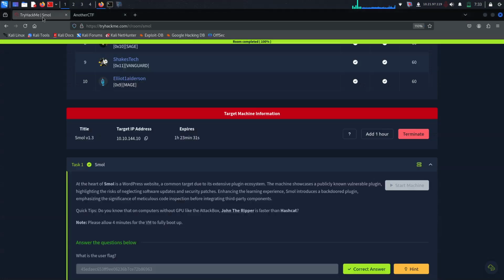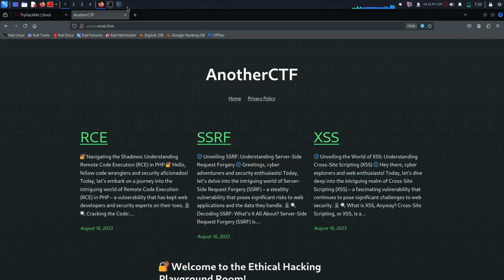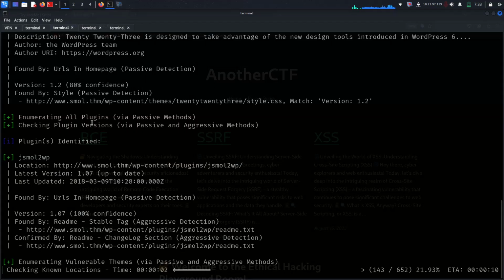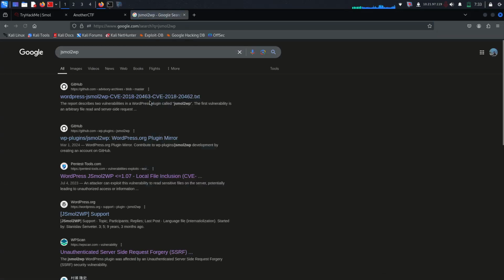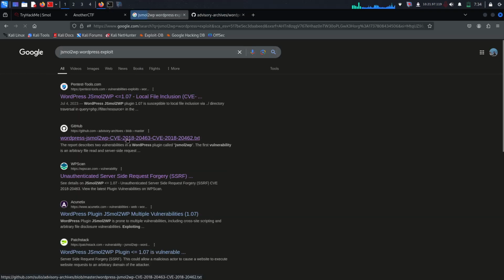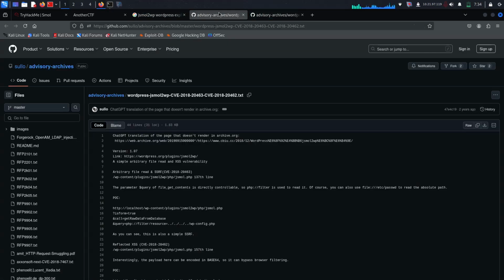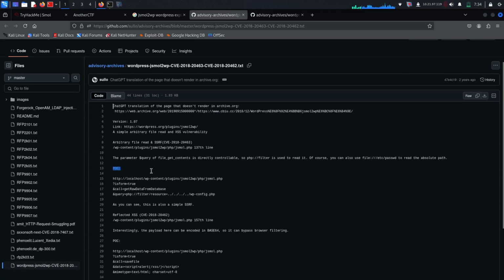plugin. What the hint tells us is that one plugin gives you LFI. So after checking the plugins, it's called JSmol2WP WordPress, and let's look for anything exploitable. We can also search for a WordPress exploit. There are too many things about it. And it says there's the POC, while we are trying to run it, it's running on localhost and